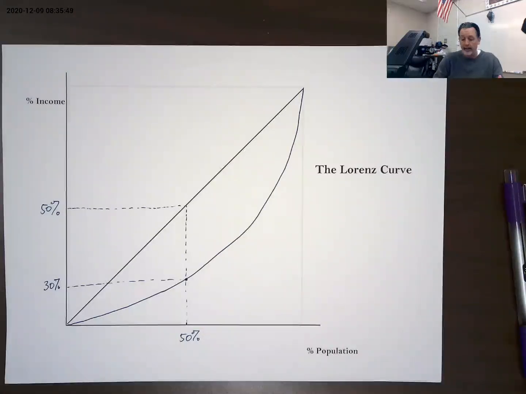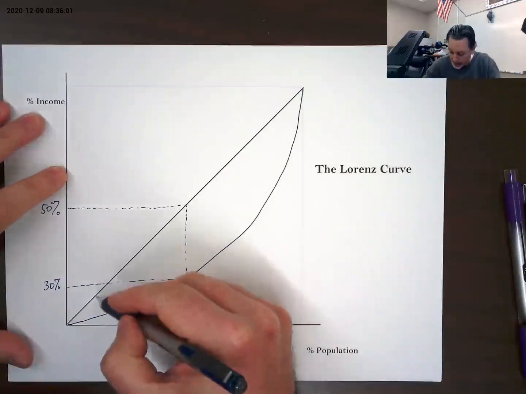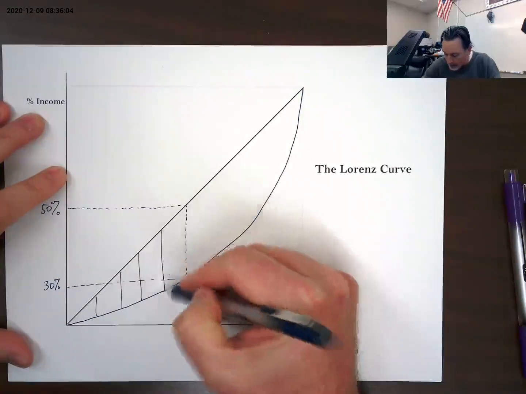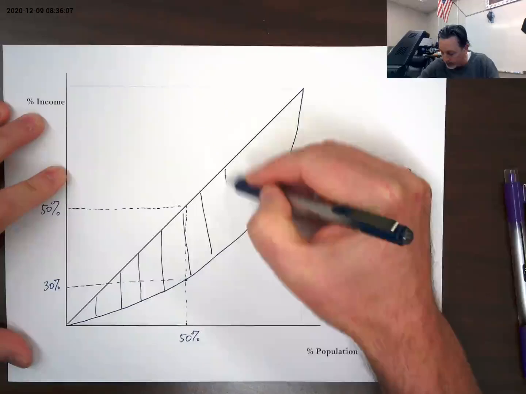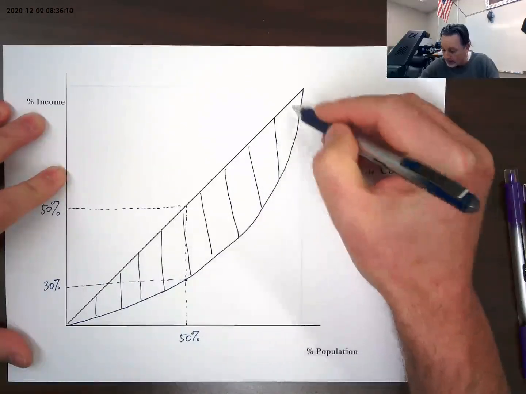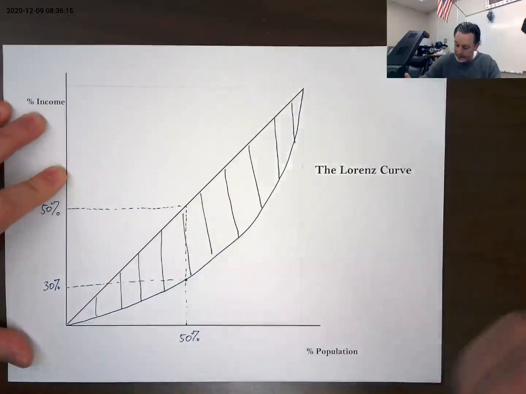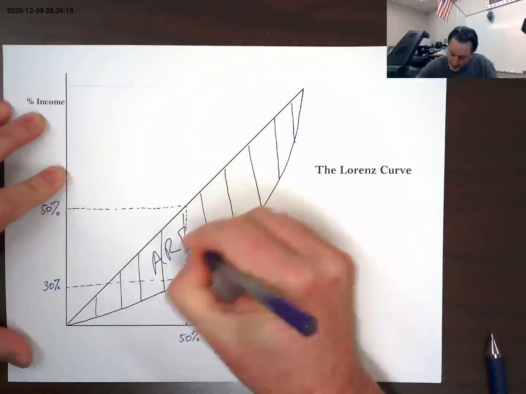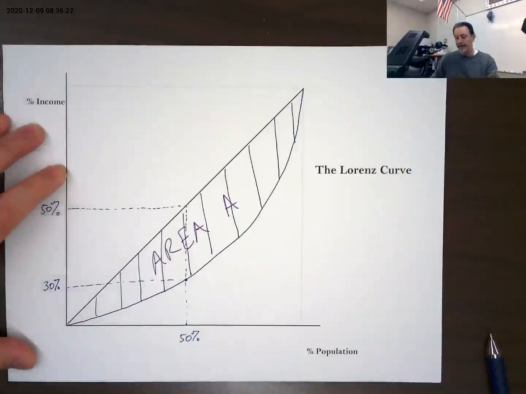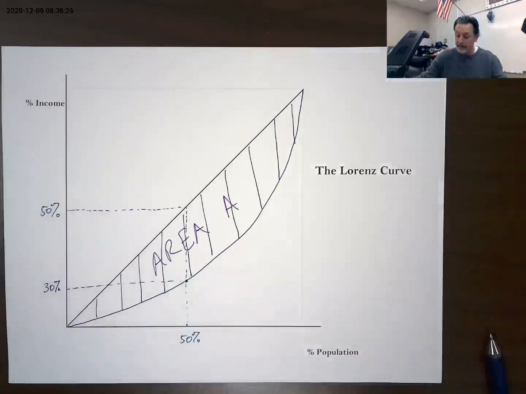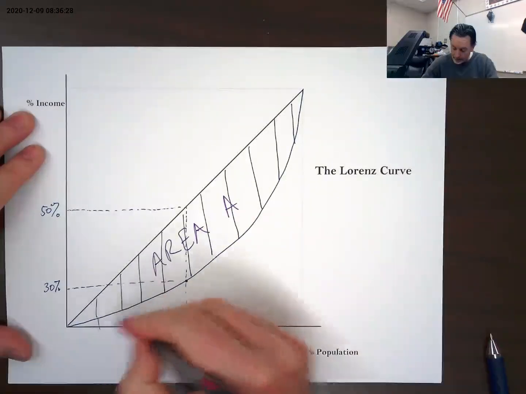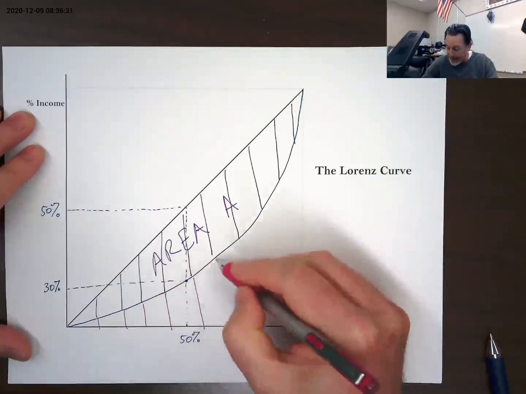And the comparison that we can make is the area bounded by the curve relative to the entire area of the triangle. So the area bounded by the curve, I'm just going to highlight it for you. The area bounded by the curve is the difference between our line of perfect equality and the curve itself. And we're going to call that area A. So let me grab something we might be able to see a little bit better. And we're going to call that area A, okay? And the remainder of the area not bounded by the curve,